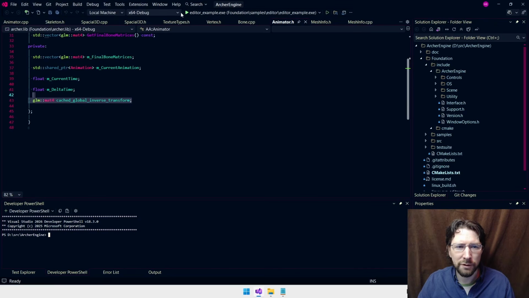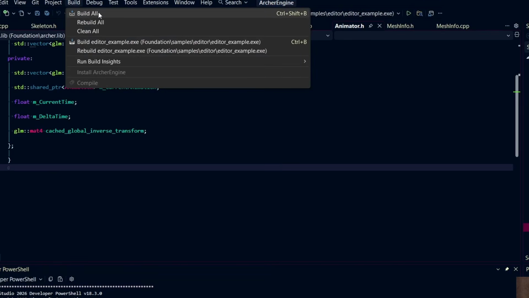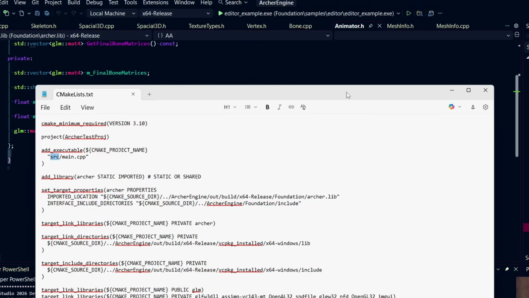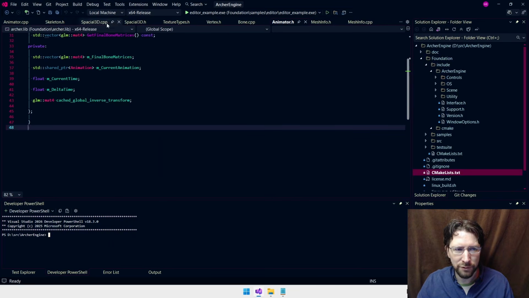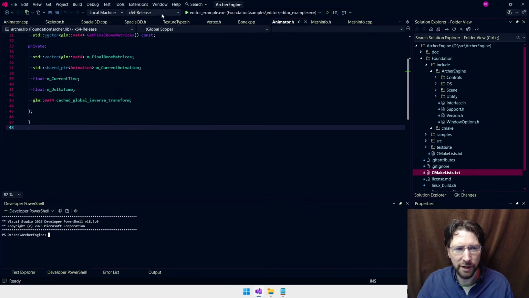All right, but now what we want to do is make sure our little Archer lib is built on release, because that's what we're using. So we'll just go here. You could do this in a different order, but we just want to make sure the x64 release is built because we are using the release. We're pointing to it here, you see, pointing to it here. We're just using the release version. If we wanted to do debug, you can make all kinds of clauses to say if debug, use the debug one instead, but we're just not doing all that to save a little time, I suppose.